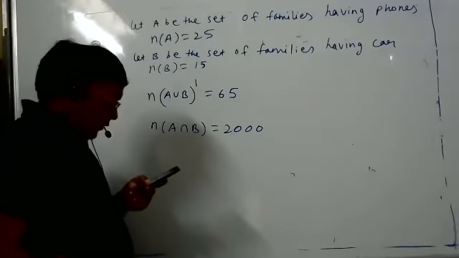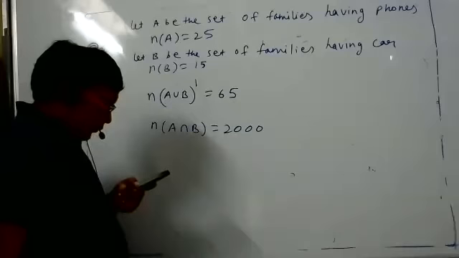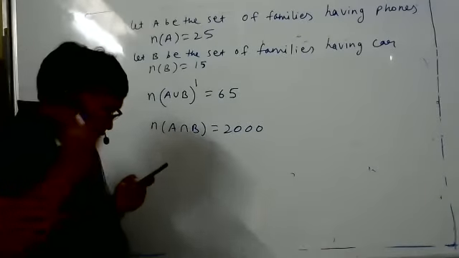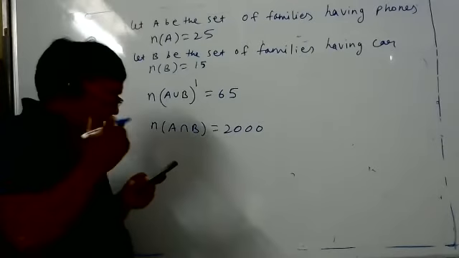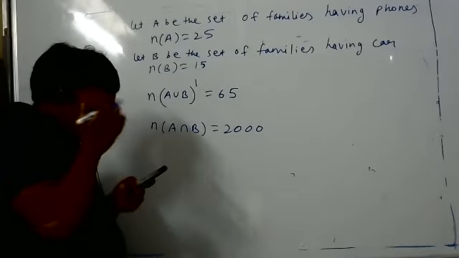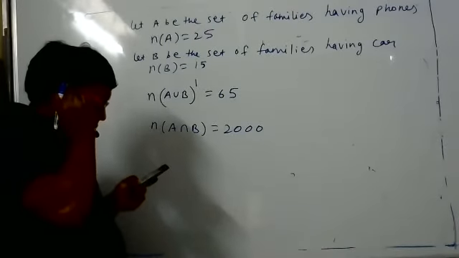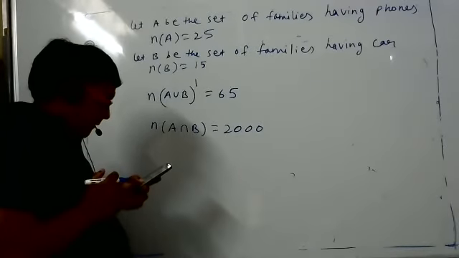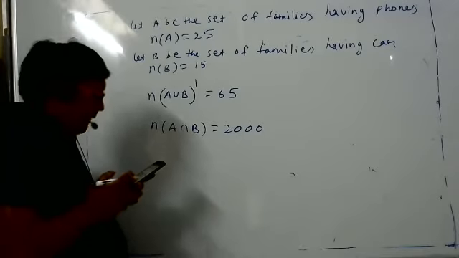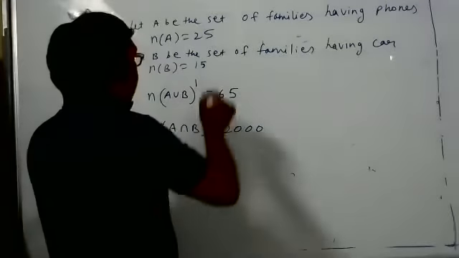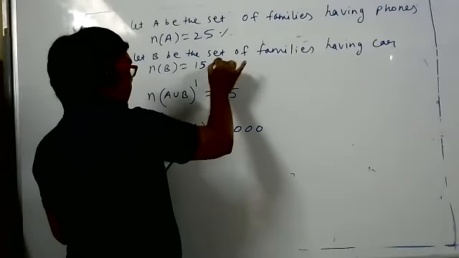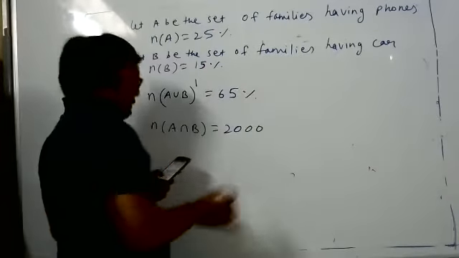So let me think what we can take for A union B. Suppose we cannot take A. We can find the percentage in A intersection B. Correct. So how will you find the percentage? Sir, the number of elements in A union B is equal to that formula. Yeah, so let us put this in percent only. Don't worry, you will understand.